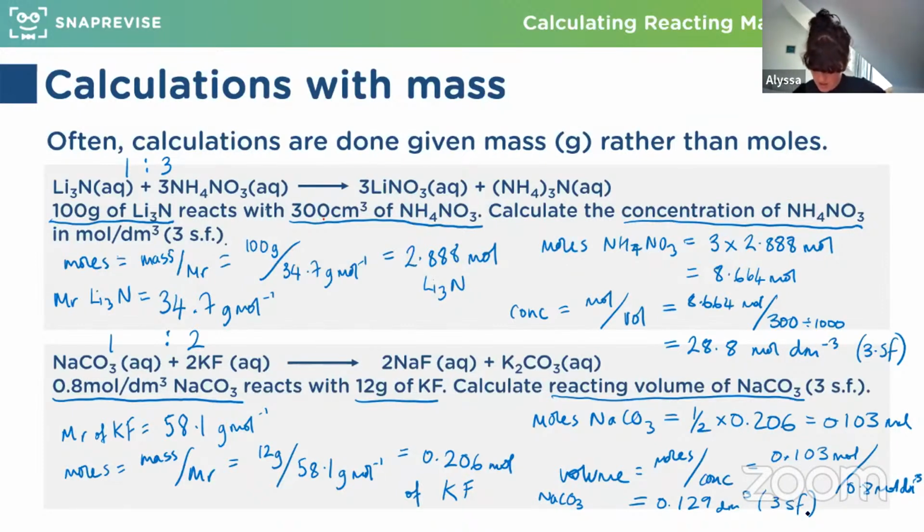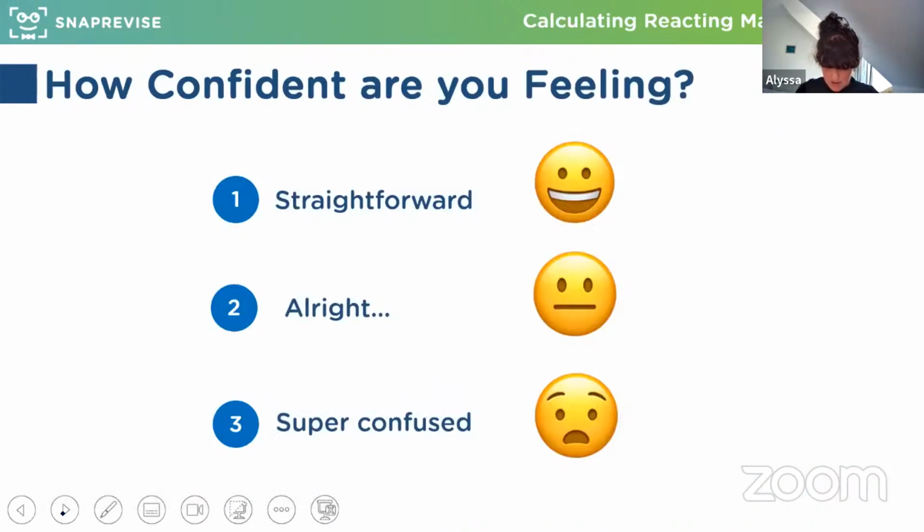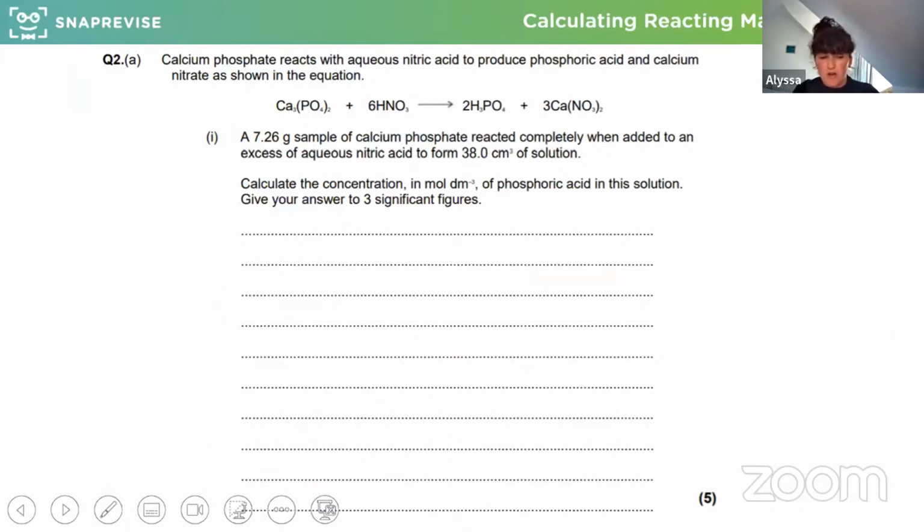So I appreciate that these might not be as hard for some people, but if we don't get them right, we are stuck. And in the heat of an exam, sometimes we forget these simpler ones. Sometimes we forget that we do know the equation moles equals conc times volume. Or we do know moles equals mass over MR, and we forget. So it's always worth practicing these sorts of questions. I'm just going to skip that for now, but please do make sure that you've worked out how confident you feel about doing those kind of questions.